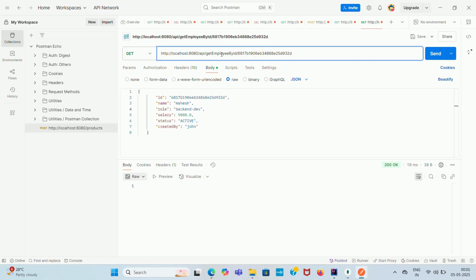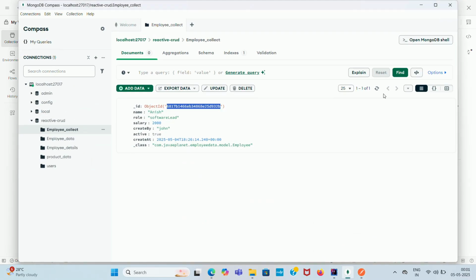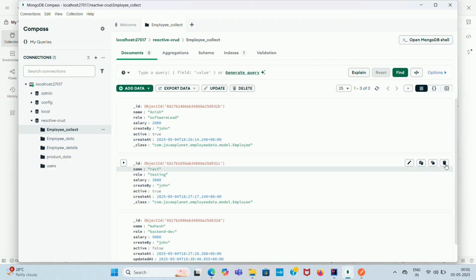What will happen? Let's see. See here, it is throwing internal server error. That means it is in inactive state. So when it is in inactive state, it won't appear when we are trying to get that one. If you go into the database and click on refresh,